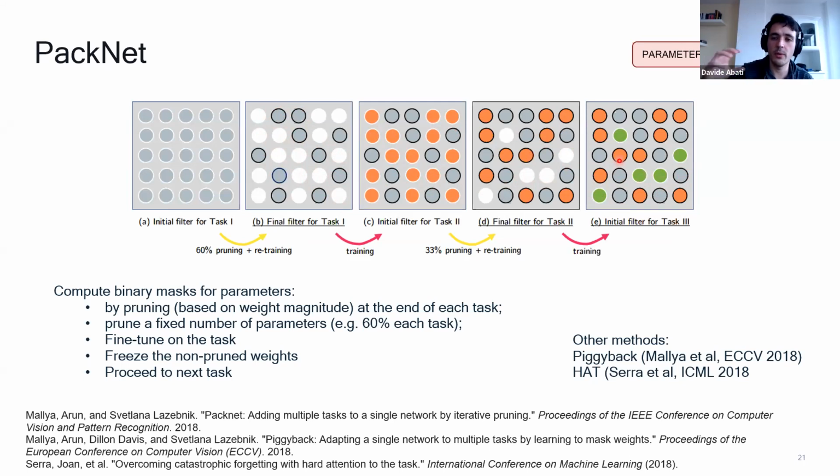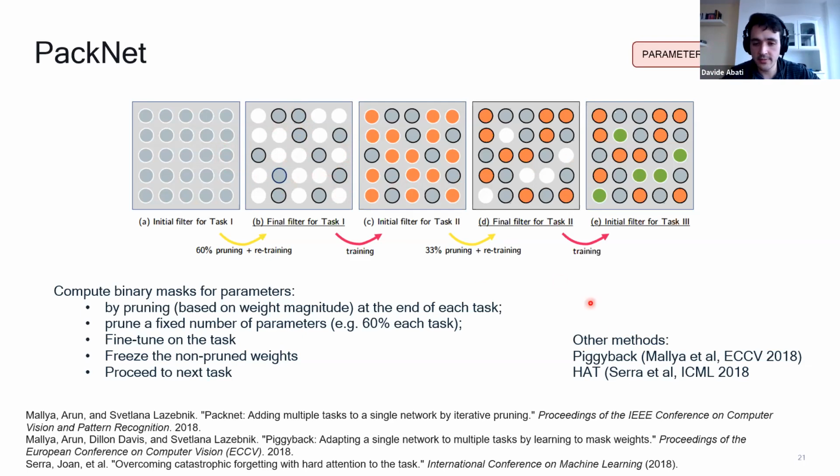So this is a nice way to embed multiple tasks into the same convolutional kernel, into the same network. And of course, during test, when we are queried for solving a problem on task 1, we will take the mask of task 1, and we'll just apply this mask here.